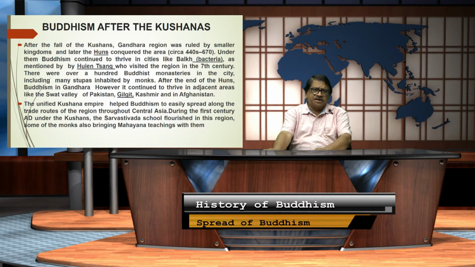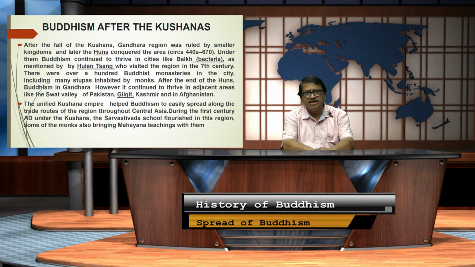Buddhism after the Kushanas. The Kushanas ruled for some time, I told you the time period, and then after the Kushanas, what happened to Buddhism in those areas? After the fall of the Kushanas, the Gandhara region was ruled by smaller kingdoms, and later we find the Huns, known as the White Huns. The Huns conquered the area around 440 to 670 AD. Under them, Buddhism continued to thrive,